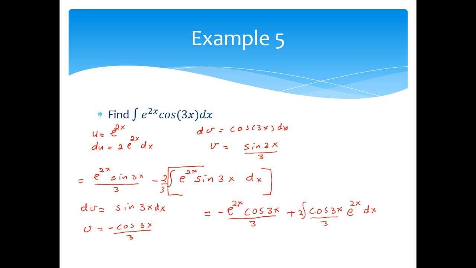So that means we're going to say our integration of this function e to the 2x cosine of 3x dx equals e to the 2x sine of 3x over 3, minus,